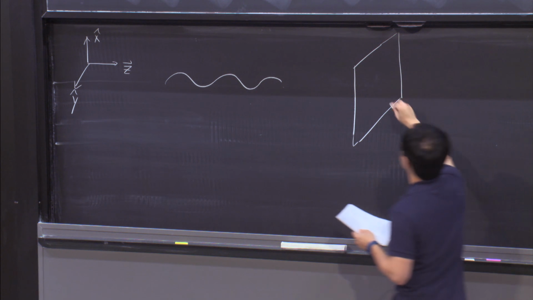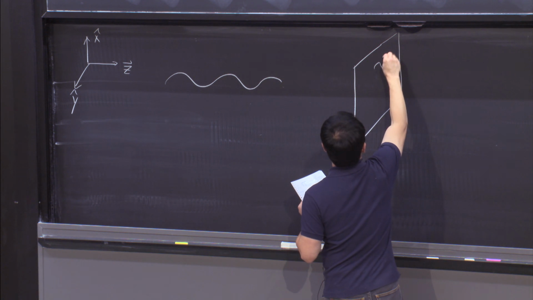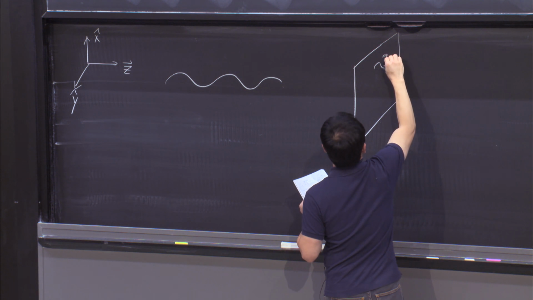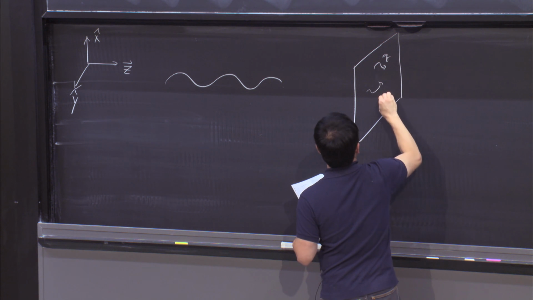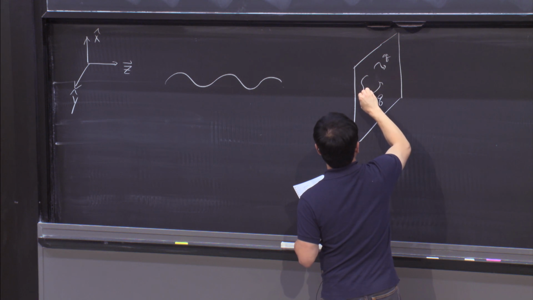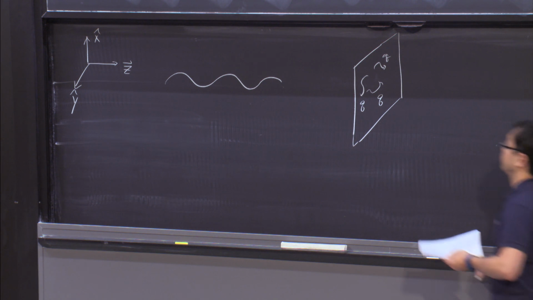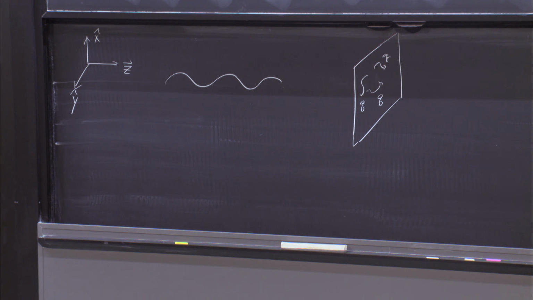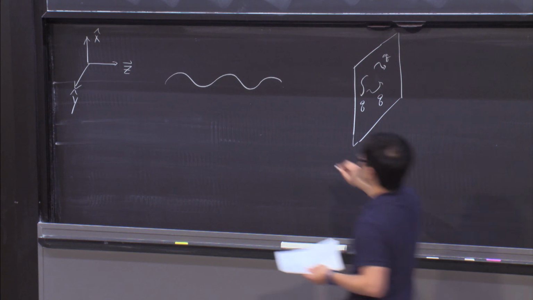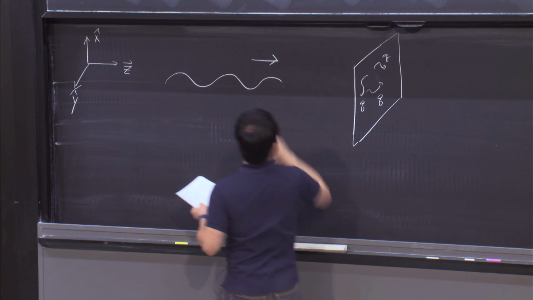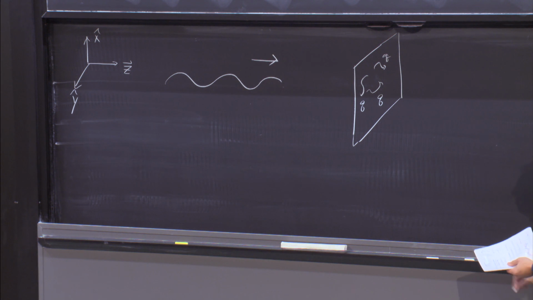As I mentioned before, there are many charges all over the place. They are going to quickly rearrange to cancel the electric field, right? So if you have a plane wave going toward the perfect conductor, at the surface of the perfect conductor, the electric field will become 0,